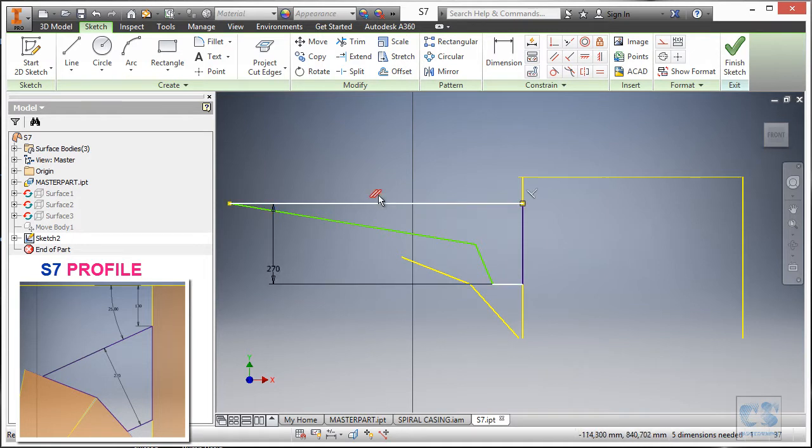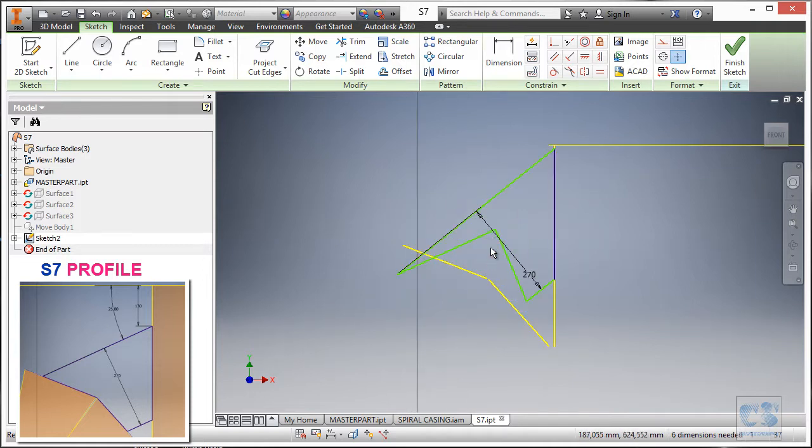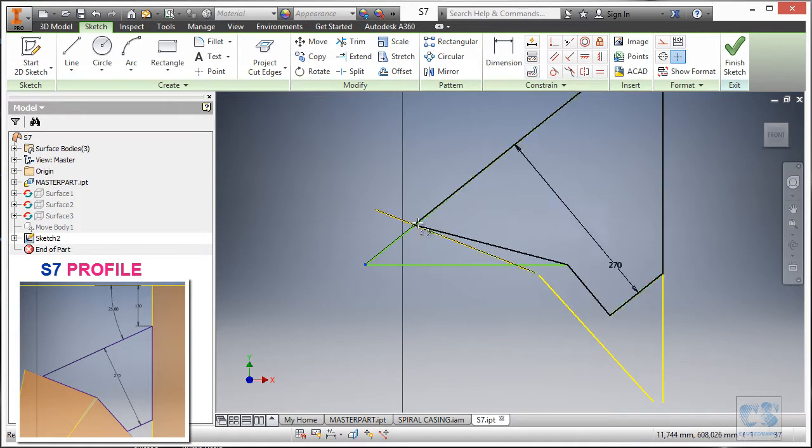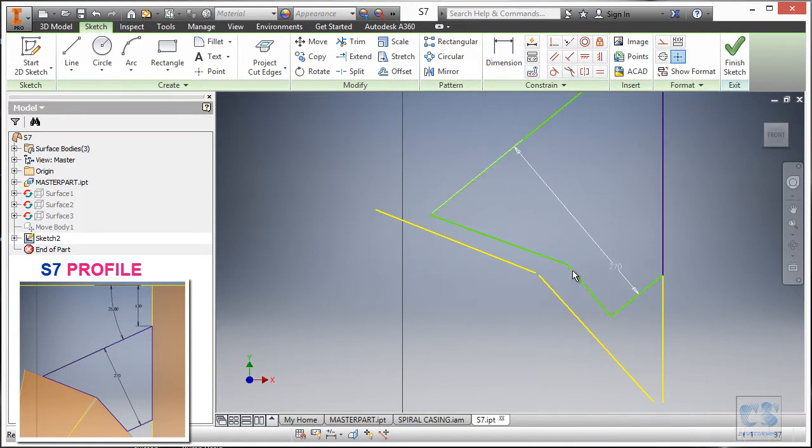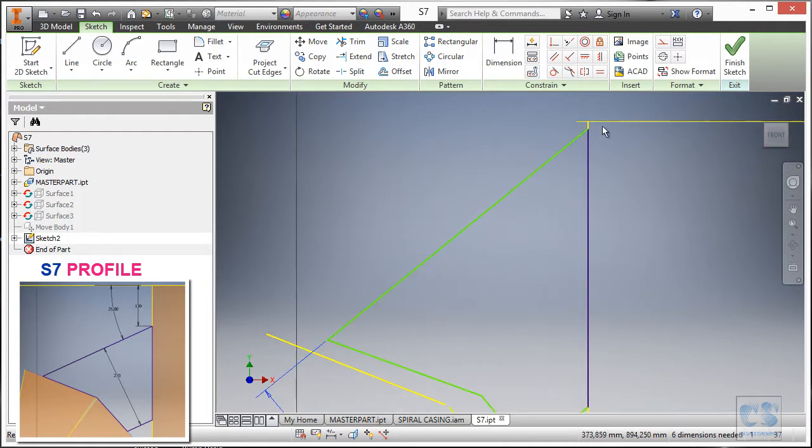Okay, so this line is parallel to the other one, so this is the problem. So we remove this perpendicular constraint, and then we can drag this like that. It's amazing how with simple geometry like this you can still have some trouble to get it in place. Let's move this out of the way, and we will project the work plane first into the sketch, then add